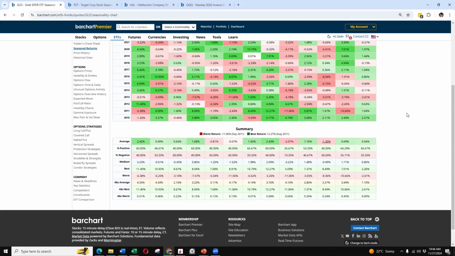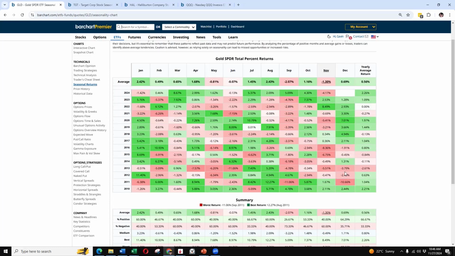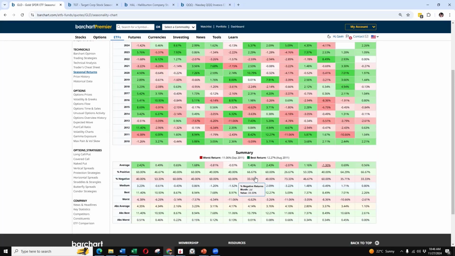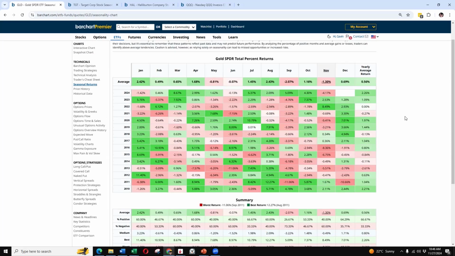Then we can scroll down to the bottom and have a look at the summary as well. And again, we're getting a view of our averages here, the number of positive months versus the number of negative months. So we can see January is very good. And also here, that must be July and December, also strong positive returns, and a high number of negative returns in September. So that's really interesting data that we can use to potentially create a little bit of an edge